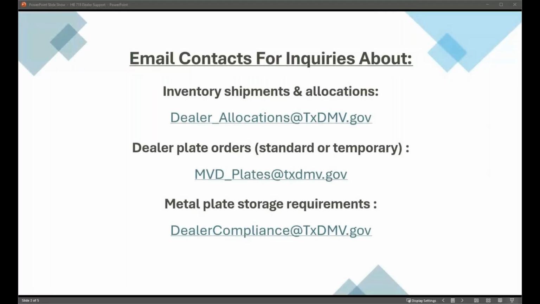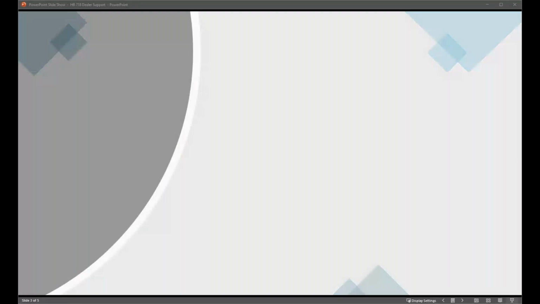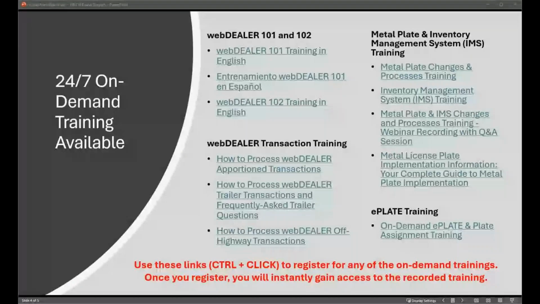Okay, for cars sold prior to July 1st, do we have to void out the tags, being those buyer's tags and assigned plates? No, those paper plates will still be valid until they expire. So you don't have to assign those plates, because those buyer's tags that you issued will still be valid until they expire.